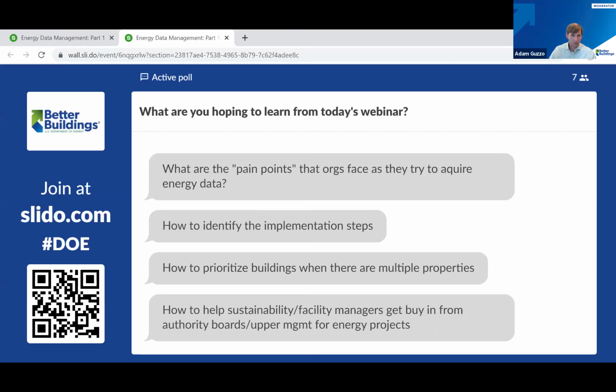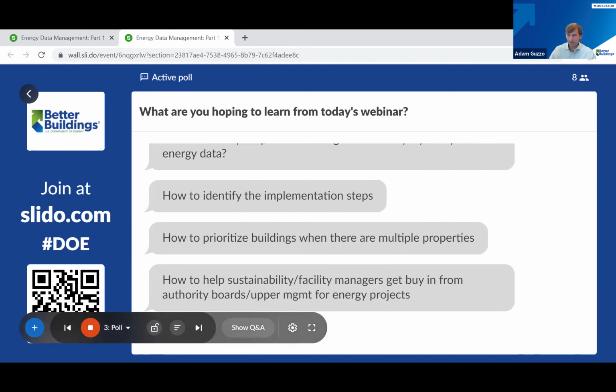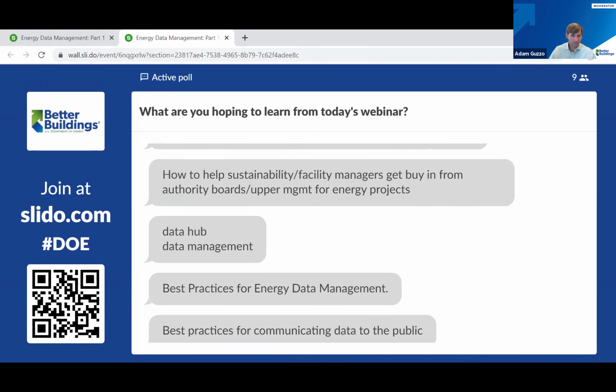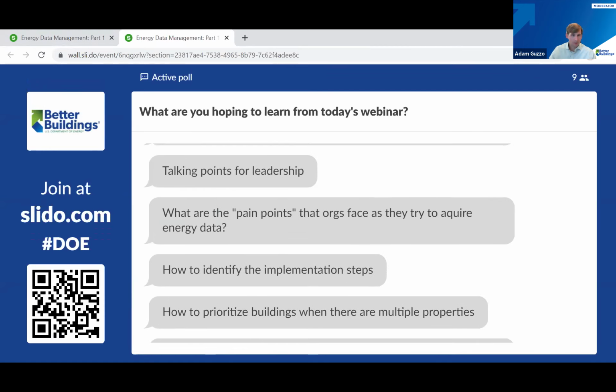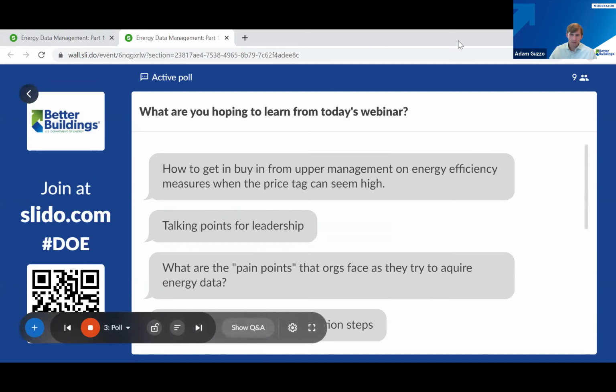Yep, what are some of the pain points? Yeah, we're going to ask a question later about barriers, how to identify the implementation steps. Yep, prioritization of buildings, talking points for leadership. Great, really helpful feedback. Appreciate that. I hope and believe the data guide will cover much of that, which I'll introduce you to here in just a second. So thanks for the input. You can continue to provide input on that question. We'd love to continue to hear what you're interested in. I'm going to go ahead and ask us to take us back to the slides